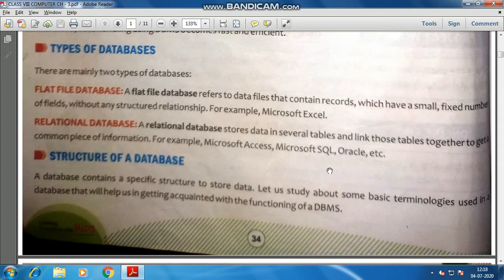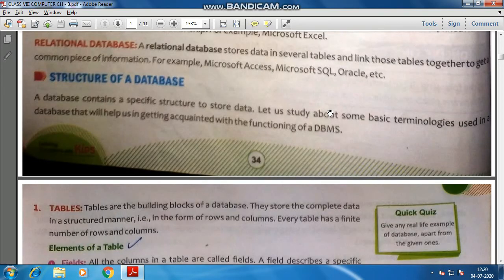So relational database is the one I was telling about, which is not a flat file database. In a flat file database you have only one sheet with a number of ranges and cells, not different tables. But in a relational database you have different tables, and you can create n number of tables there. You can make a relationship between the tables. Suppose in one table you have roll number, name and marks, and in the other you have roll number, father's name, mother's name, and you can correlate them with the roll numbers, right? That is relating the tables, and that is known as a relational database.